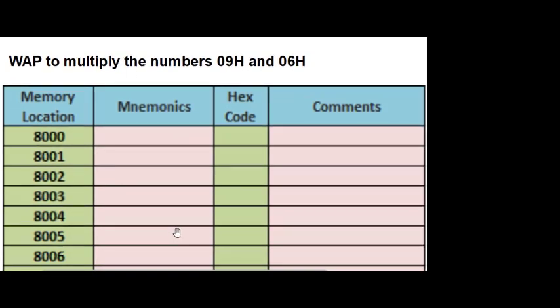So in 8085 there is no multiplication instruction. We have addition, subtraction, increment, decrement, but there is no multiplication instruction. So how to do multiplication when multiplication is not there? We will use a trick. Suppose you want to multiply 9 with 6, then it is as good as adding 9, 6 times. So we'll get the same result, that is multiplication.